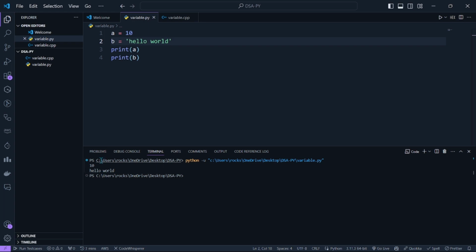As you can see, the 10 has been printed there, and then hello world comes. This is the main thing. You can use whatever data types you want. The variable will contain that. Okay, so friends, now let's talk about the difference between variables in